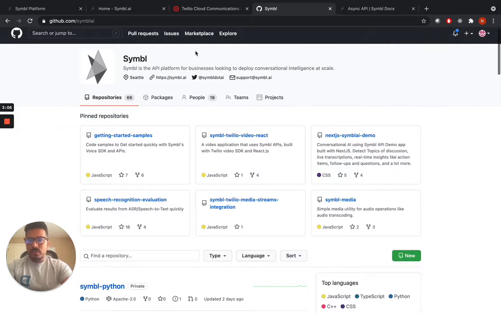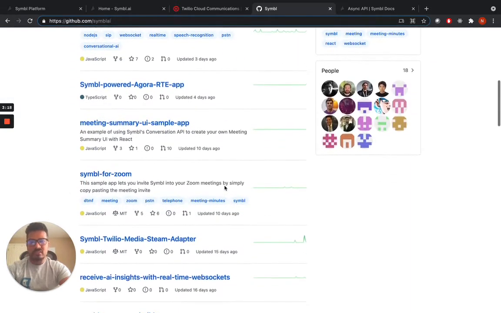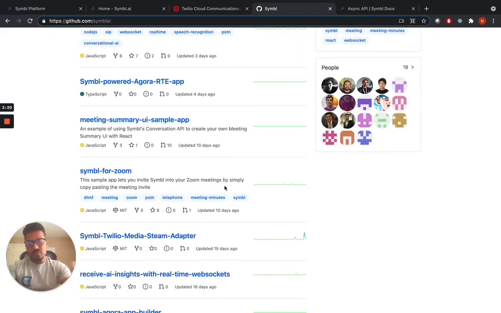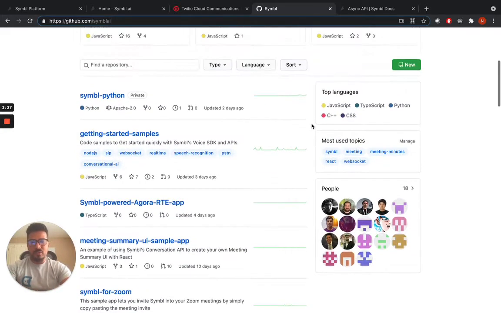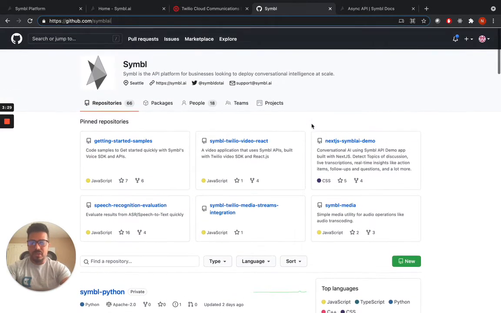If you go to this URL, github.com/symbl.ai, you will land on our homepage. Here you will see this second repo, although there are more than 66 repos for various use cases, applications, and different collaboration platforms. You can bring Symbl into your applications in several different ways using any of these repos.